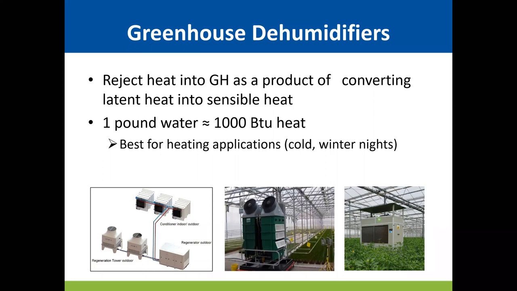So again, this works really well if you're in Ohio or upstate New York or somewhere cold, where you can actually take advantage of the heat of rejection because you need the heat anyway, but you can also dehumidify simultaneously with either a liquid desiccant based system like this one, or a compressor refrigerant based system like this one, and you get the benefits of both. But you would only use this at night or when it's colder than what you want it to be.